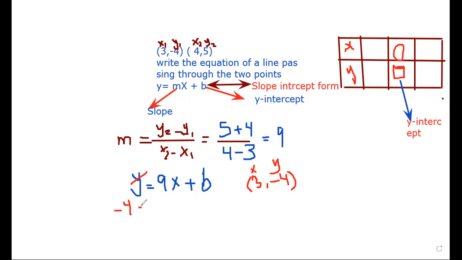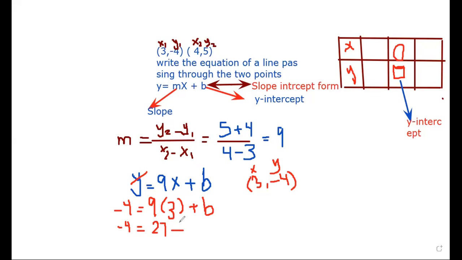And then equal. I have 9. And now we will replace the value of x by how many? By 3. Yusuf? By 3. Exactly. Plus b. We will multiply. So we have negative 4 equal 9 times 3. And what's 9 times 3 equal? 27. Okay, so I have equal